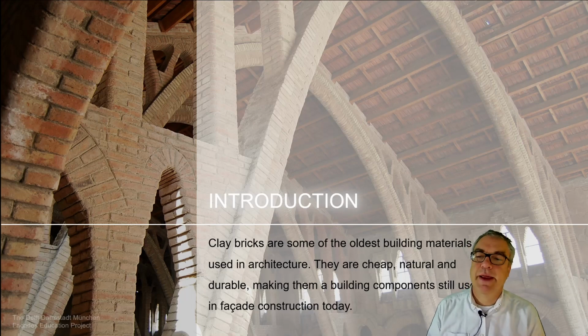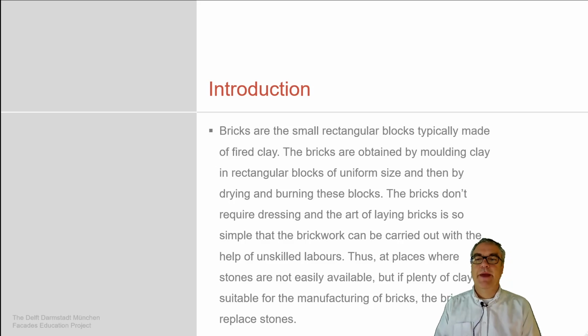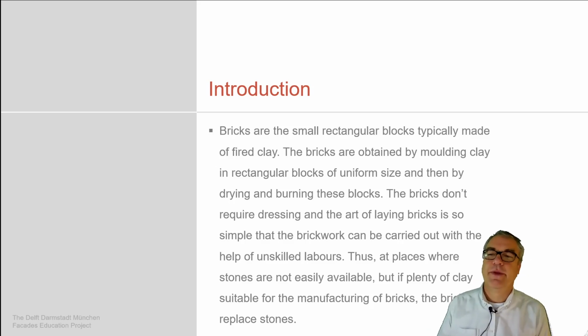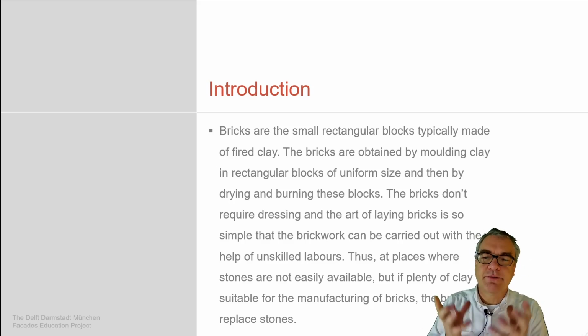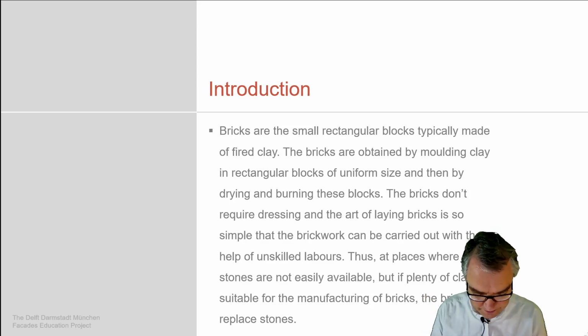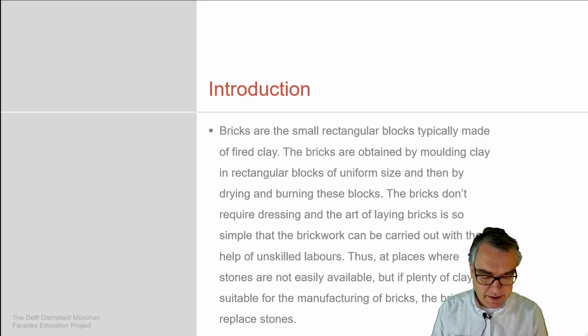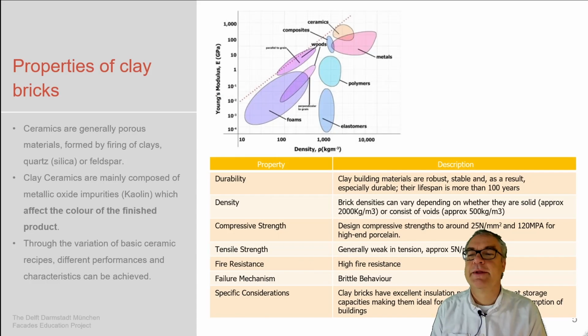It's one of the oldest materials mankind is using. It's cheap, natural, durable, and simple to work with, which makes it a very appreciated material for mankind. It's a uniform size of square blocks manufactured out of clay, being fired, and by that being stable against environmental impacts, and can be manufactured in a simple way, which means unskilled labor can build to a certain extent certain geometry objects.